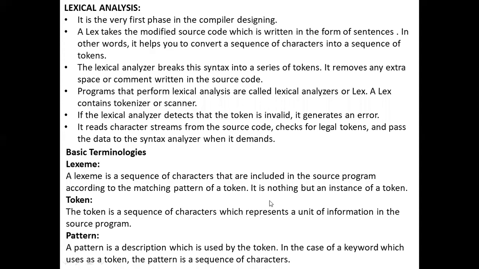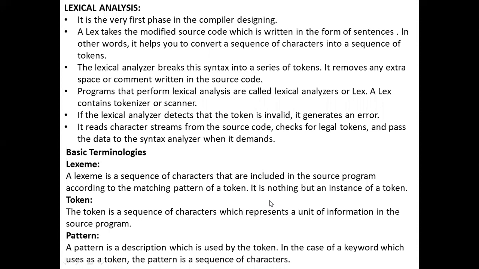Okay, good afternoon. Today we discuss the lexical analysis part. The basic role of lexical analysis is that it is the first phase of compiler design. We already discussed the phases of compilers in previous lectures. We categorize them into two broader parts, the analysis phase and the synthesis phase. In the analysis phase, we have three subparts, and in synthesis, we have two parts. So after discussing compilation and phases, we focus on each part individually.